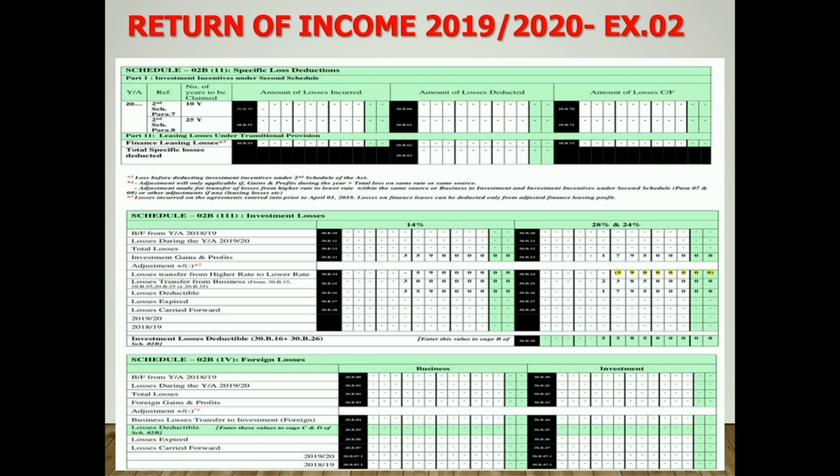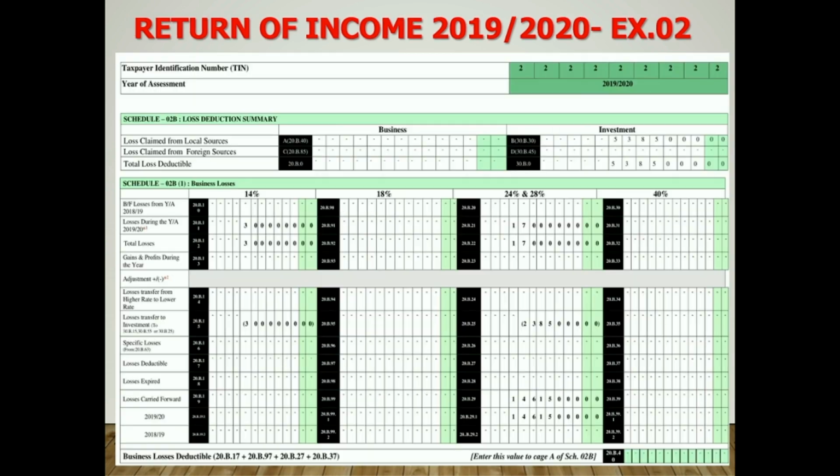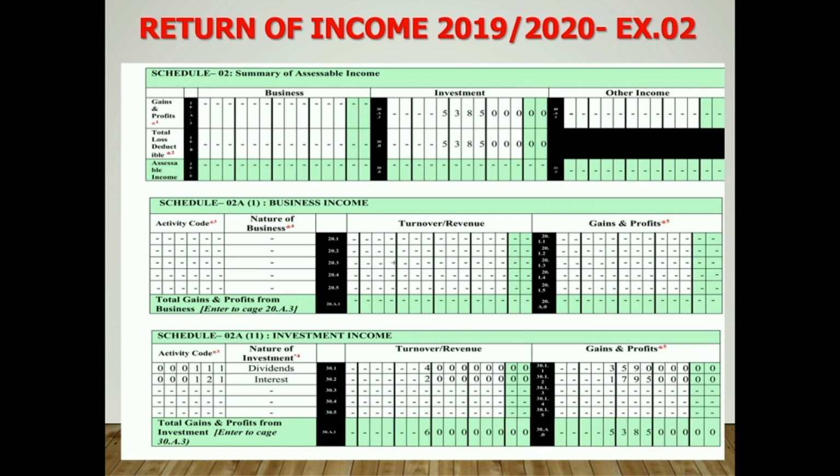So in Schedule 2, assessable income from business, investment and other sources are zero. There is nothing to declare under the first page of the return, but if there is anything in your return, take those amounts to the relevant cages and fill the return accordingly. So you can see that